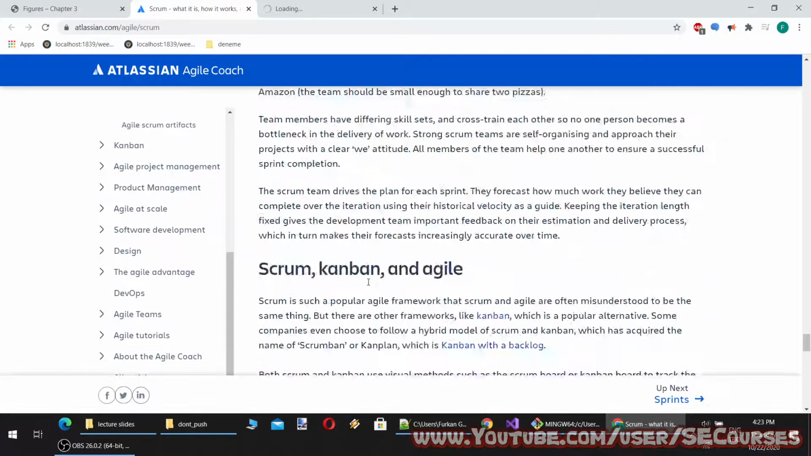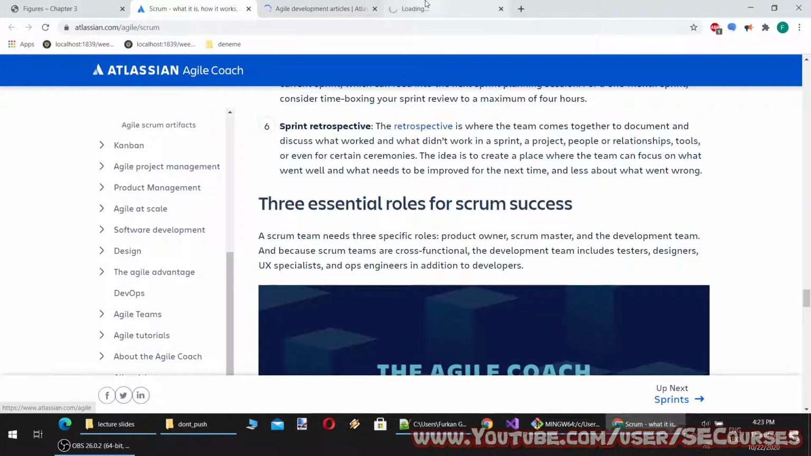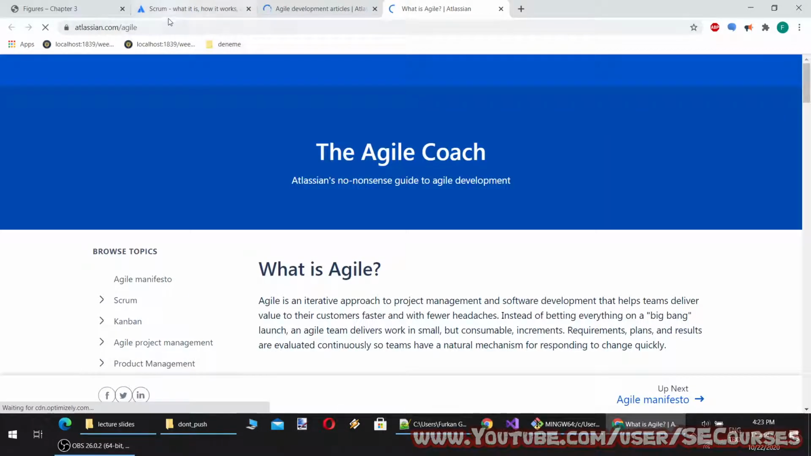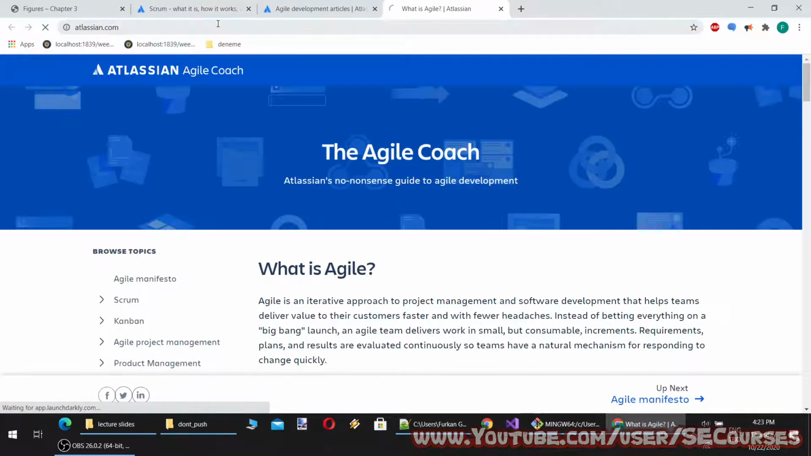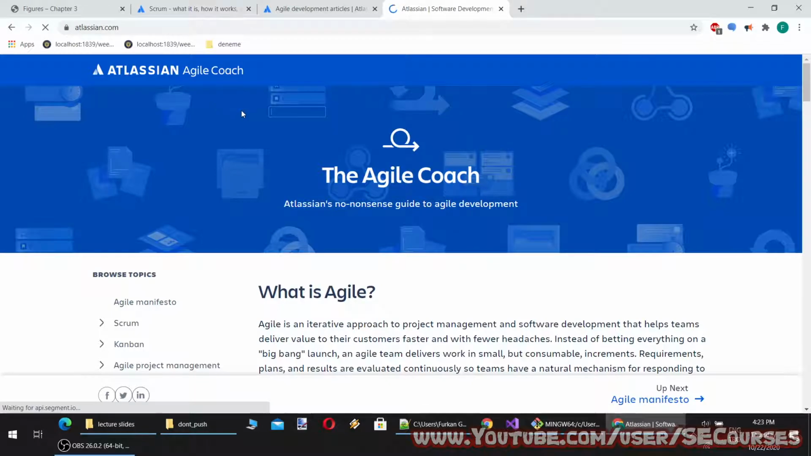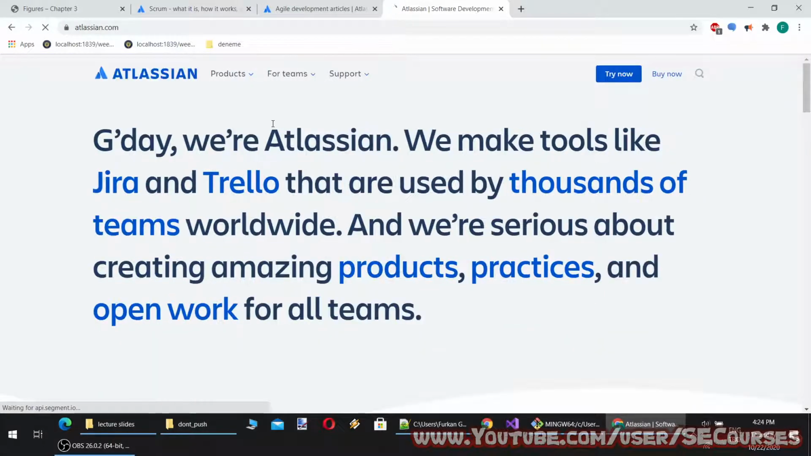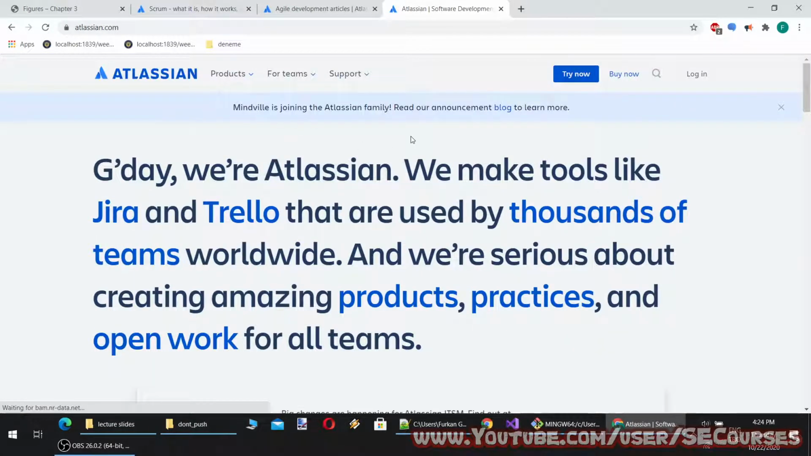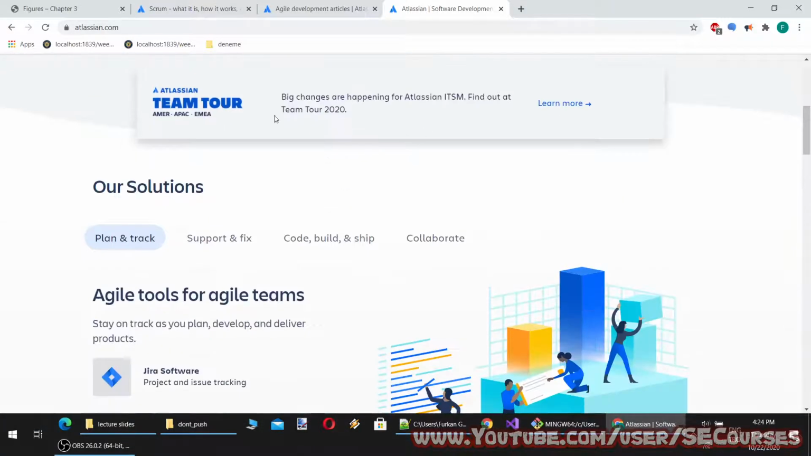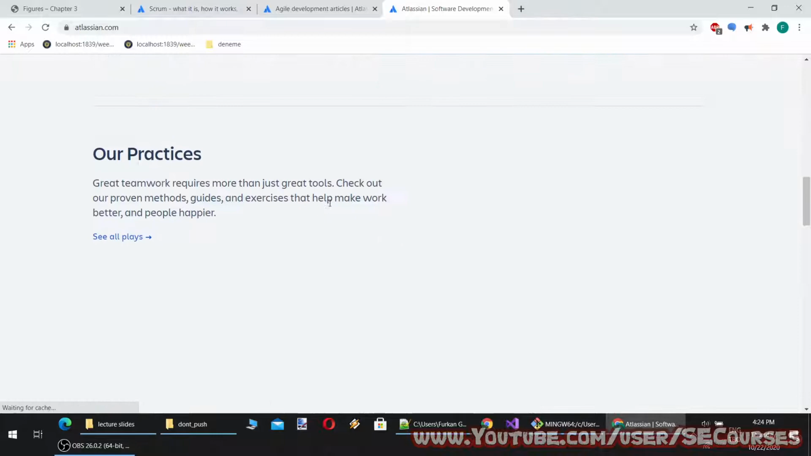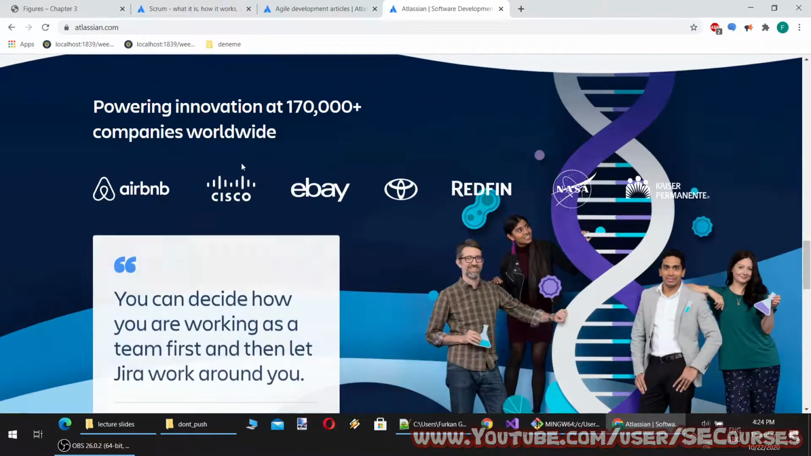Okay, so this article is posted on Atlassian. Atlassian is a very big, let's say, company. It also owns, for example, Bitbucket. Bitbucket is a code management system that is as much as popular as GitHub. So this is not some simple or small company,